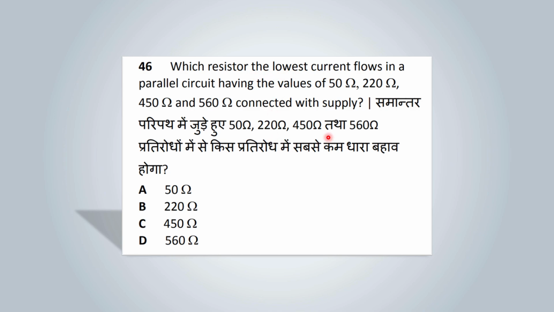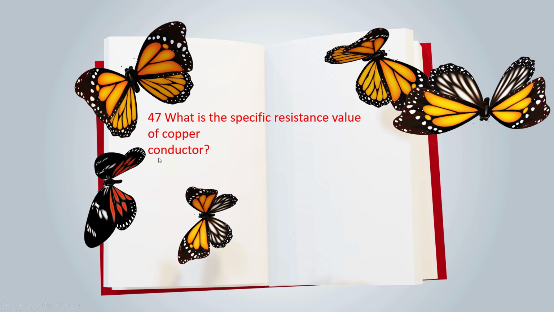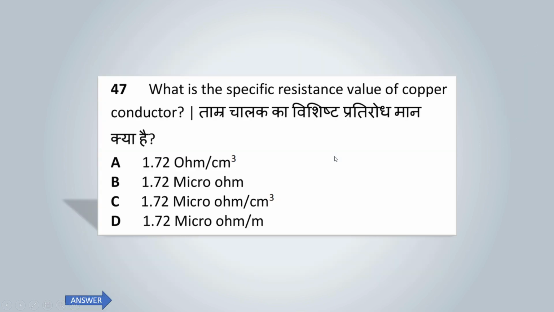Okay, friends, this is the last question. What is the specific resistance value of a copper conductor? The answer is 1.72 micro ohm per cubic centimeter, which is inversely proportional to the resistance of a conductor. The answer is